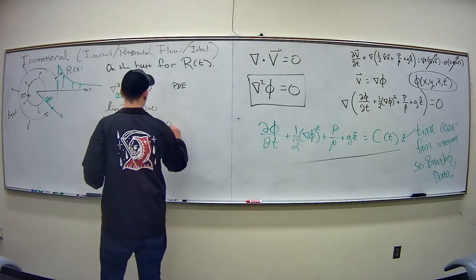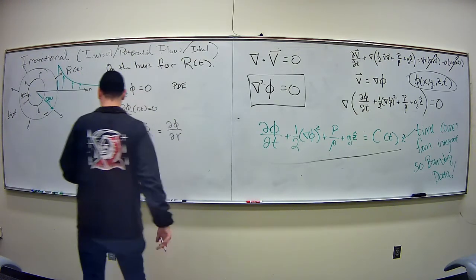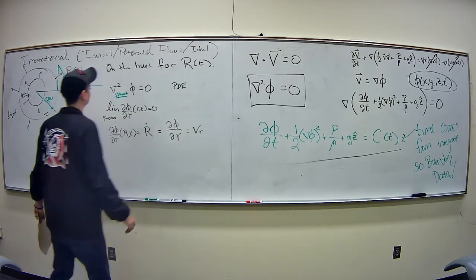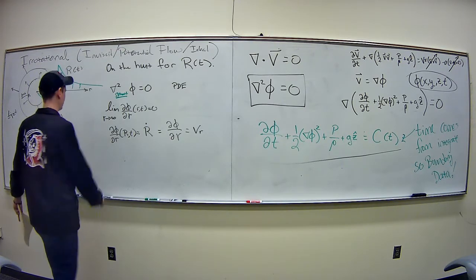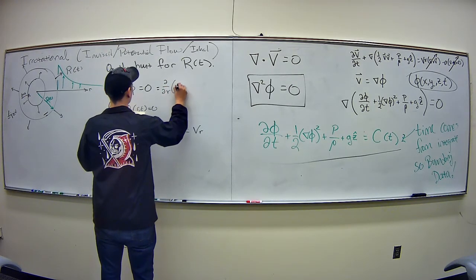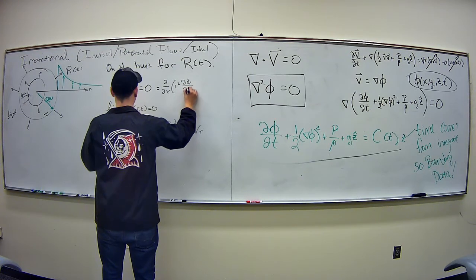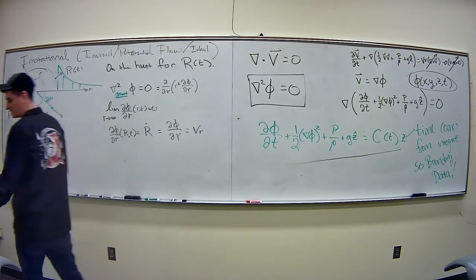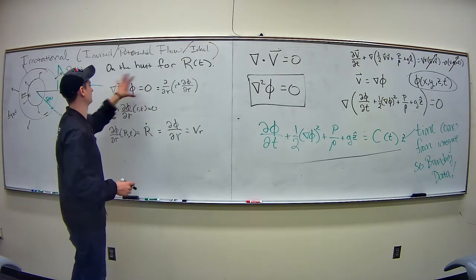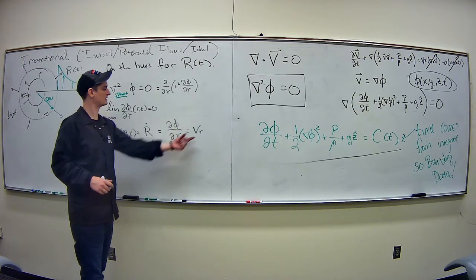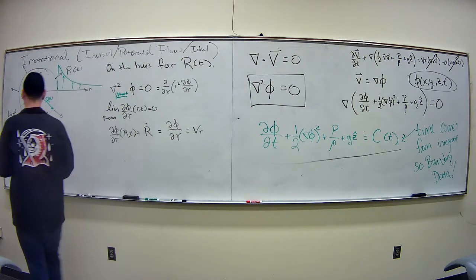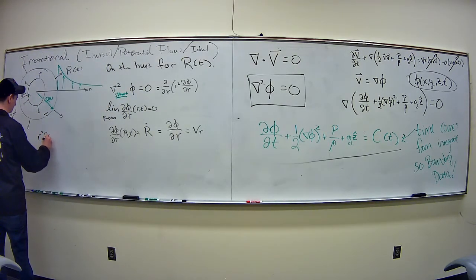So this was equal to VR. Okay, so in spherical coordinates, this will look like this. And then what do you do from here? So this is just the kind of equation I have. I know what this term is. It's the VR right there. So then just looking at the boundary data, r squared